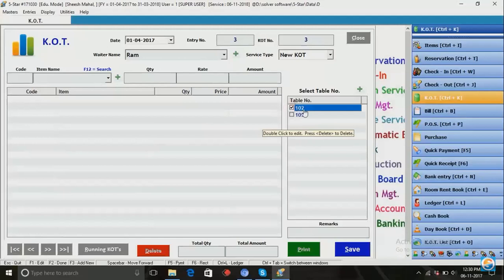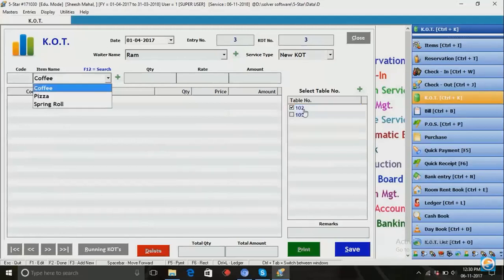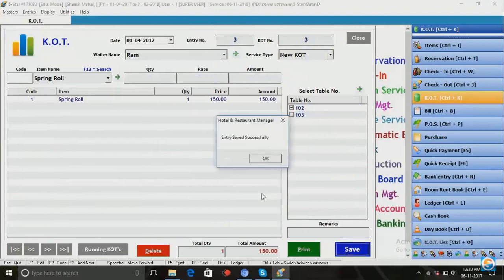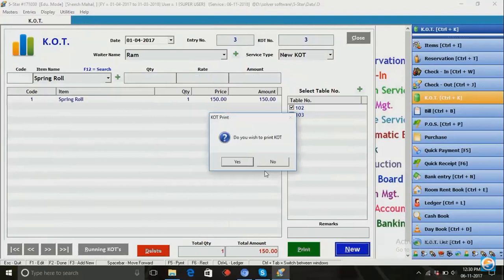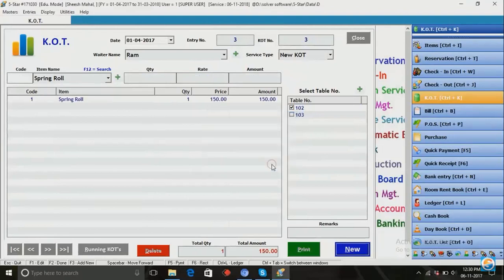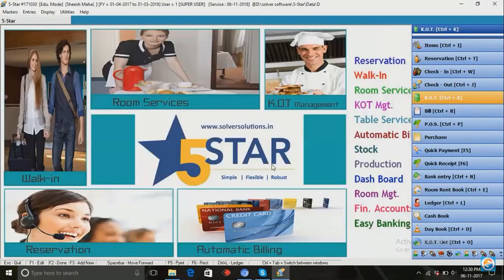तो न्यू KOT आई है, नया कस्टमर आया है, उसके लिए नया बुक हो गया है टेबल। यहाँ से सिलेक्ट कर लेंगे, एंटर करेंगे, जो भी उसने आइटम मंगवाई है, ऑर्डर की है, उसको सिलेक्ट कर लेंगे। यहाँ पे जो भी क्वांटिटी डालेंगे, यहाँ पे 1 क्वांटिटी उसने स्प्रिंग रोल मंगवाया है तो ऐड कर देंगे। इसी तरह से इसको भी हमने सेव कर देना है, ओके करेंगे। प्रिंट करना है तो कर सकते हैं, यहाँ पे फ़िलहाल नो कर रहे हैं हम, इसी को क्लोज़ कर देंगे। तो इस तरह से आपने KOT की एंट्री करनी है।